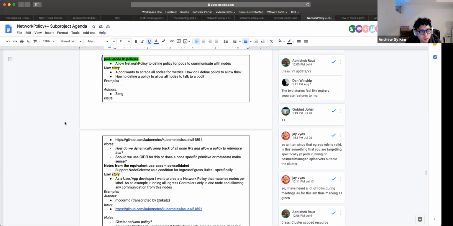But yeah, I agree. That's something that we should think about: do we want to expose that into the network policy APIs, or should it just be all address types by default? Or I don't know, but yeah, something to think about as we think about the node selector one.